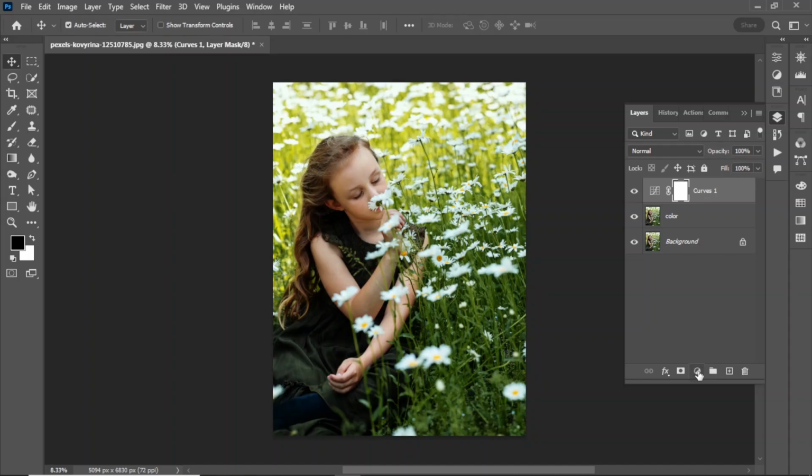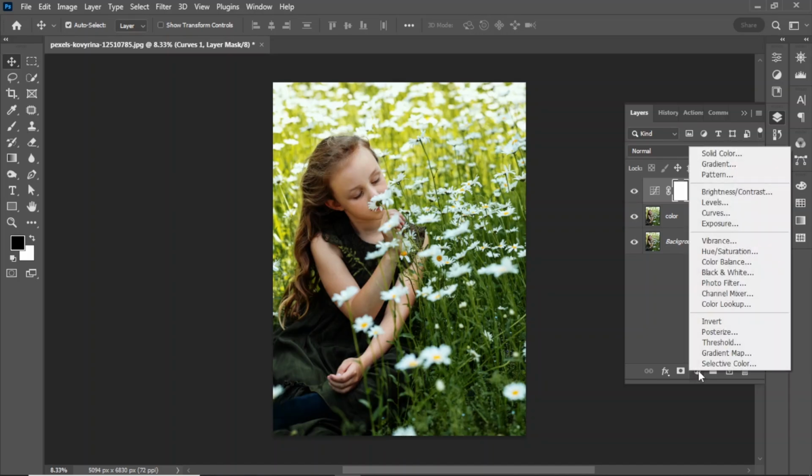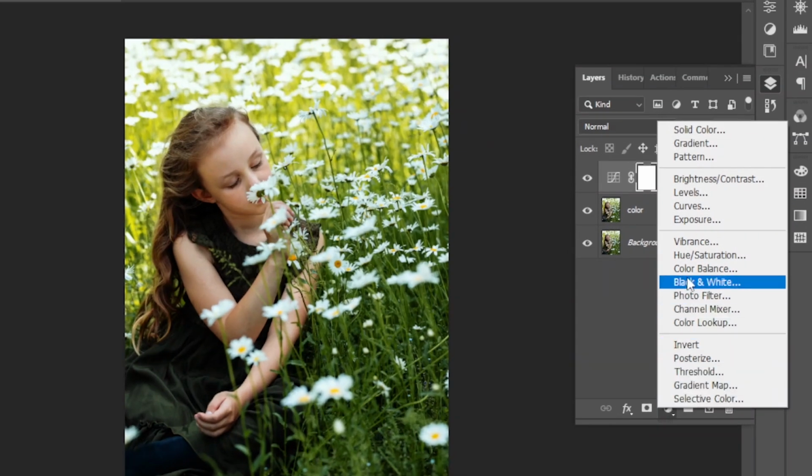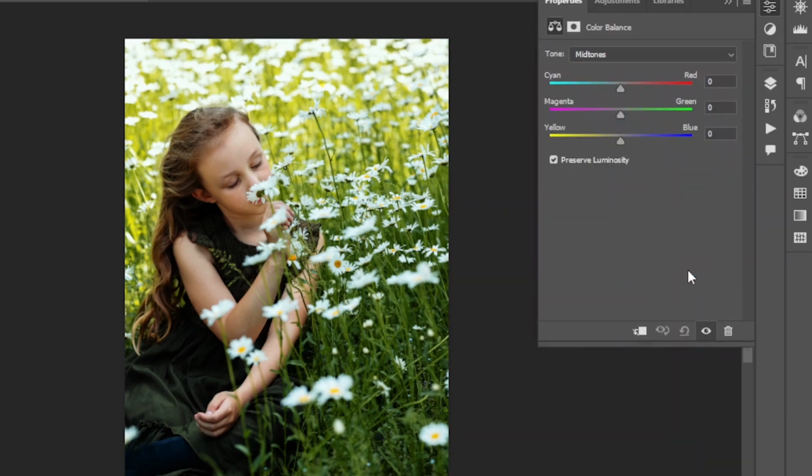Next, go to Layer, New Adjustment Layer, Color Balance, and use the following values to add a dark green tint. In Shadows, Cyan, -20. Magenta, +30. Yellow, -10. In Midtones,